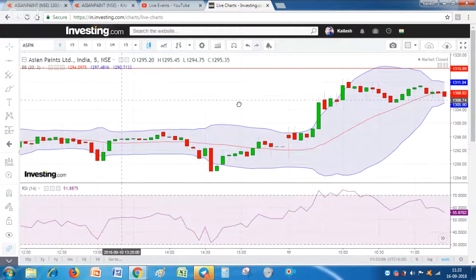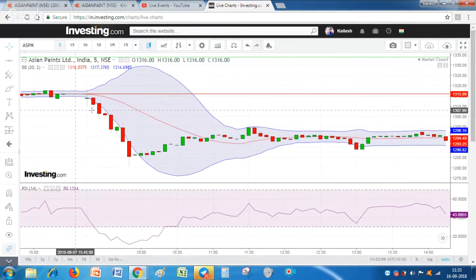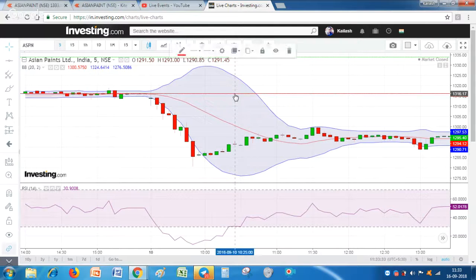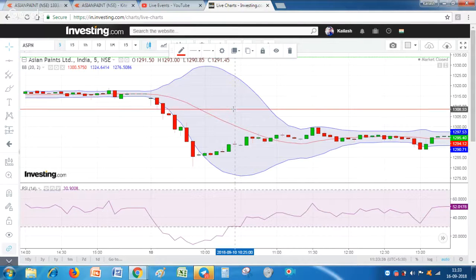Okay, so let me explain what I am telling you, about where we would have shorted in this case. The right time to sell is only once the stock goes below the median line of the Bollinger Band, and we have to wait for the first candle low to be broken by the next candle. Anywhere the first candle low is broken, we can sell it. So look at this level. Suppose we have shorted at this level, keeping a stop loss of 1316. See, if we would have shorted at the low of this first candle, the low of the first candle is actually 1308.50 somewhere. We will have shorted somewhere at this level.